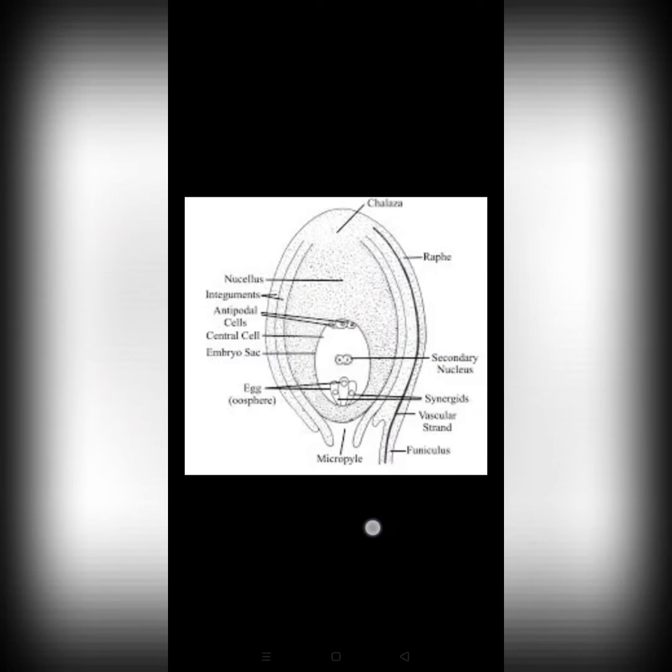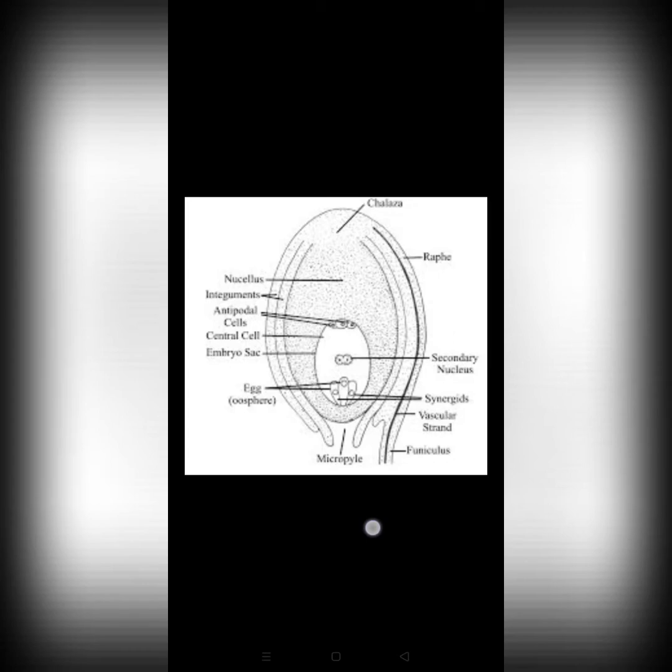The megasporangium or ovule is a small structure that remains attached with the wall of ovary through the placenta by means of a stalk called funicle. The funicle is attached with the body of ovule at a region called hilum. The ovule is covered by one or two protective envelopes called integuments. Integuments encircle the nucellus. At one end of the integument there is present micropyle. At the opposite of micropyle there is present the basal part of ovule called chalaza.